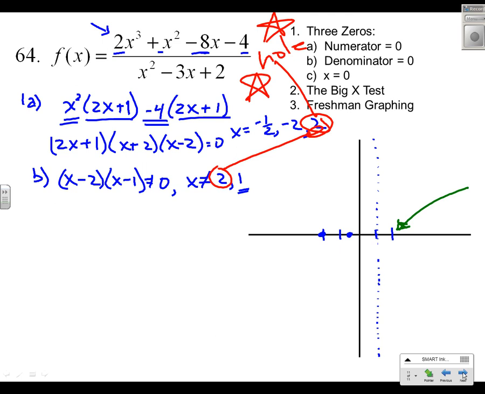X cannot be 1. So there's a fair amount of guidance right now. Not only are these my zeros, there's no other place I'm getting through 0. C. When x is 0, watch how easy this is. When x is 0, gone, gone, gone,